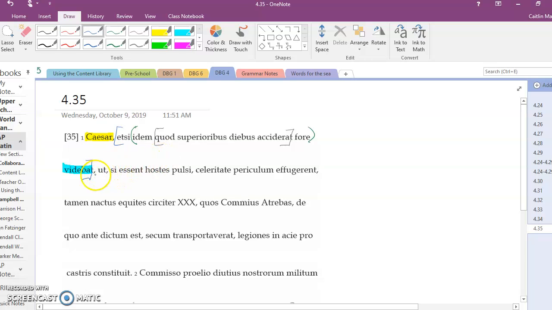ut, which is comma all by itself here, we're like, what's going on with ut? Hold off. The next thing we get is actually an if clause. Si essent, and it's a form of sum, so we're going to go to a nominative, hostes pulsi. And pulsi is actually pulsi essent. If the hostes were pulsied, right, imperfect, pluperfect passive subjunctive, if the hostes were pulsied,